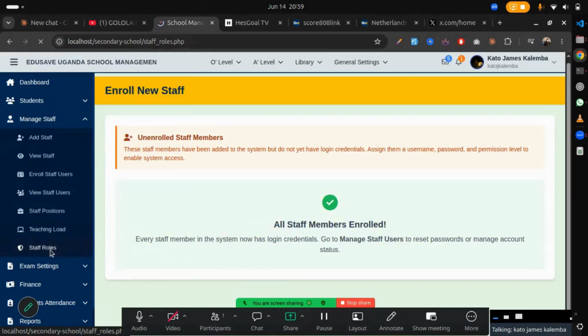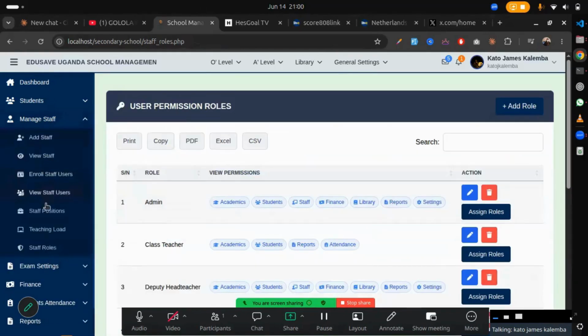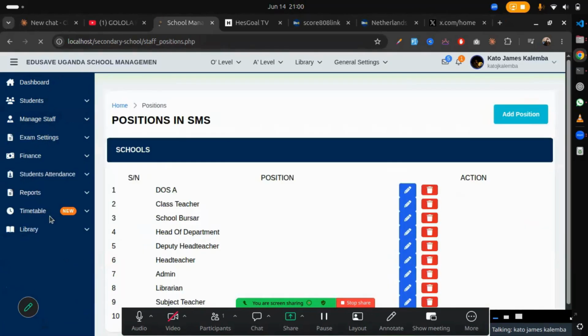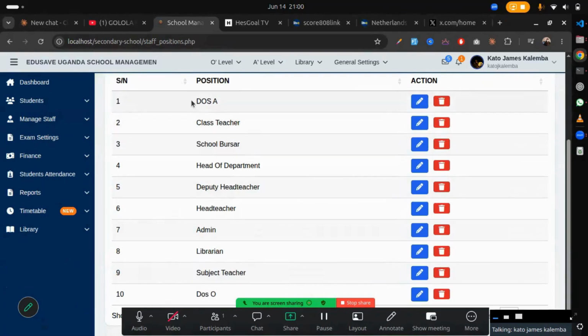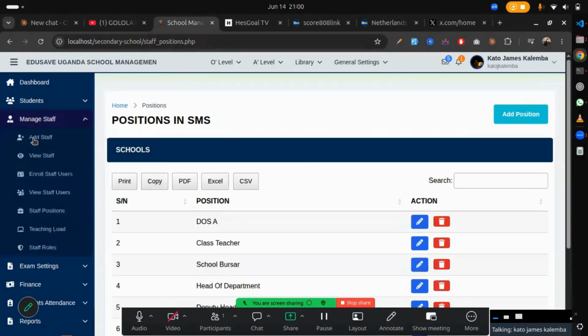Those roles, like head teacher and so on, all staff positions, are all set here. You can click here and you can see that you have class teacher and so on. So you can click here to add a new role. Then here on staff positions,